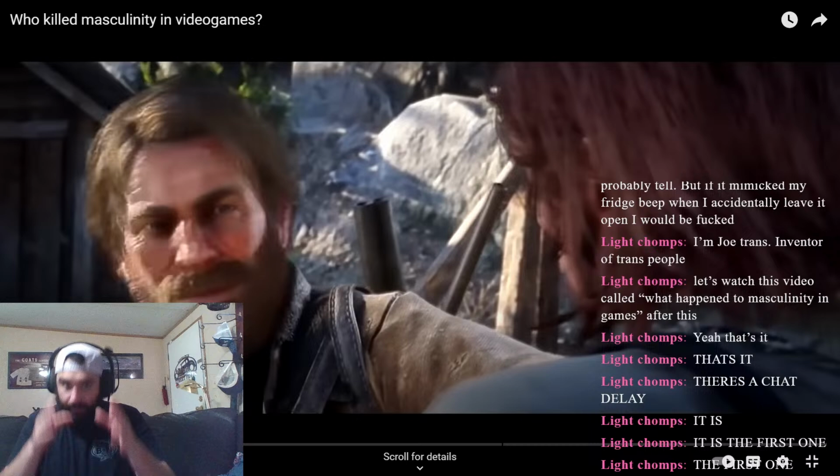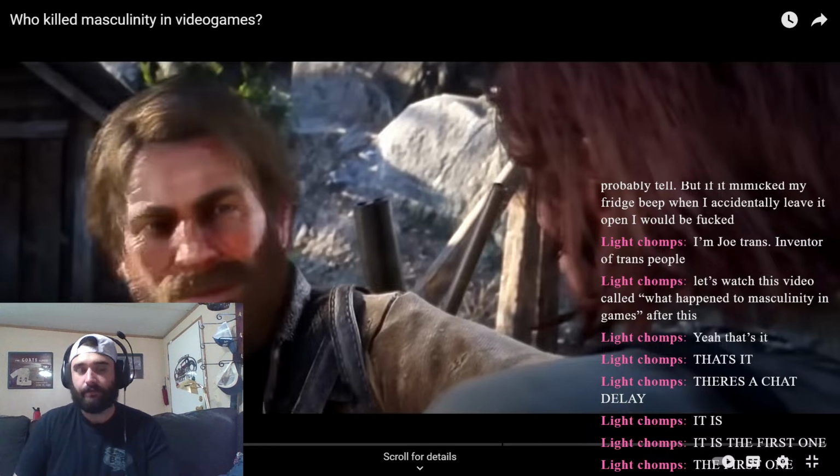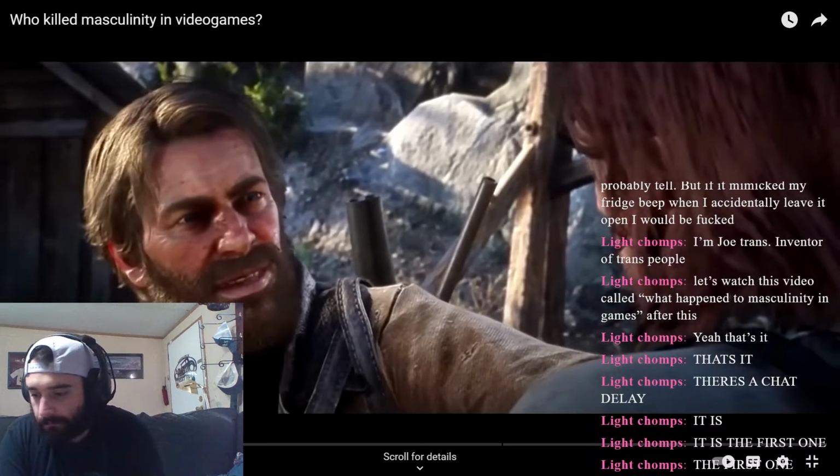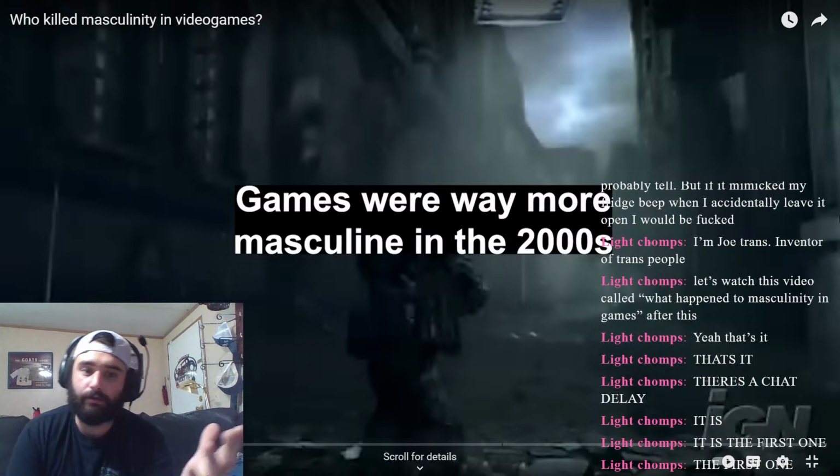This game, Red Dead Redemption 2, was a step back in terms of over-the-top Rockstar-esque writing. This was more of a magnum opus, and the first game was more of Grand Theft Auto in the West. So, in that regard, they did tone down a lot of the rhetoric that was in their older games, away from masculine characters. We'll see if they keep that same energy when it comes to Grand Theft Auto